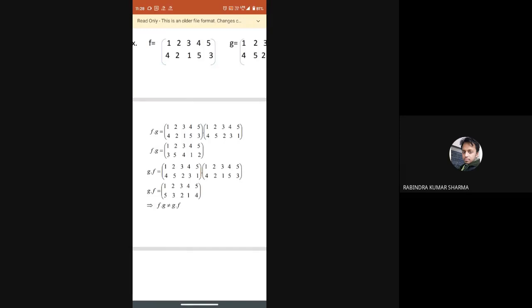Okay, again I repeat that in the first f, the first value is 1 to 4. Okay, 1's corresponding value is 4. So consider this 1 to 4 and now map this 4. Check the value of 4 in the second permutation, means in the g. So what is the output of 4 in the g? That is 3. Okay, so the product of 1 4 with 4 3 is equal to 1 3. Okay, now 2 with 2, second entry. So what is the output of 2 in the g? That is equal to,